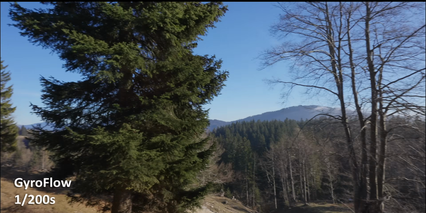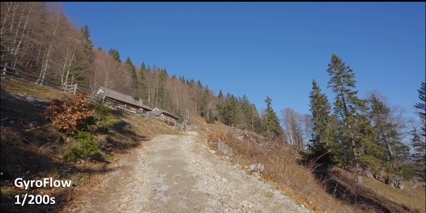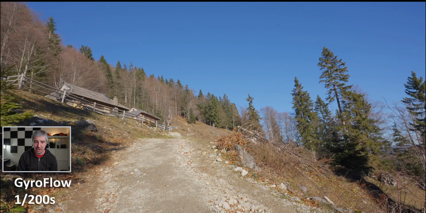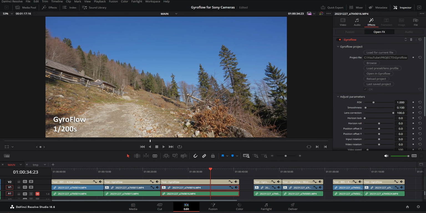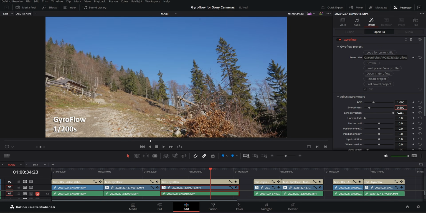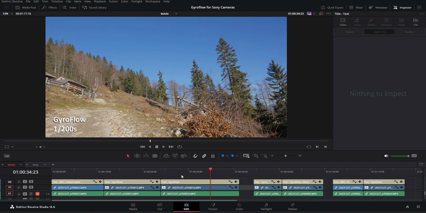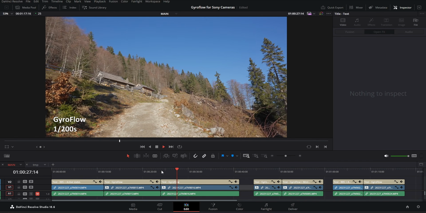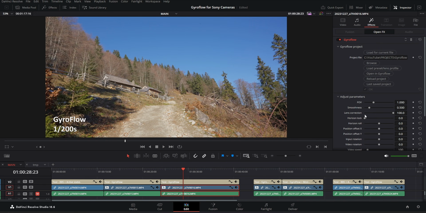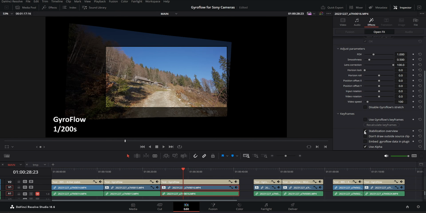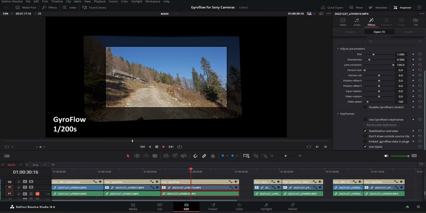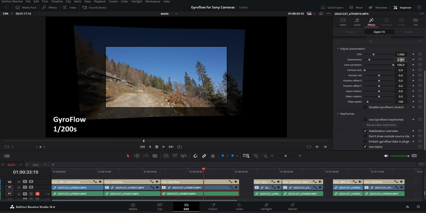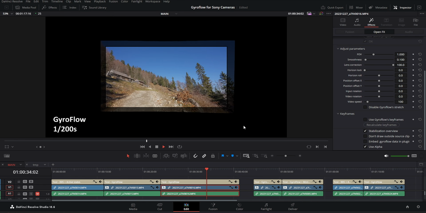Well, now if I use Gyroflow on this, it looks like an action camera shot. And this is only the 0.1 smoothness. If I go to 0.5, it's going to crop in more, of course, but now it's like I'm flying through the air pretty much. And here you can also turn on the overlay, the stabilization overlay, and this is how it actually works. You can see how much of the video was cropped away, but 0.1 now is just kind of the right